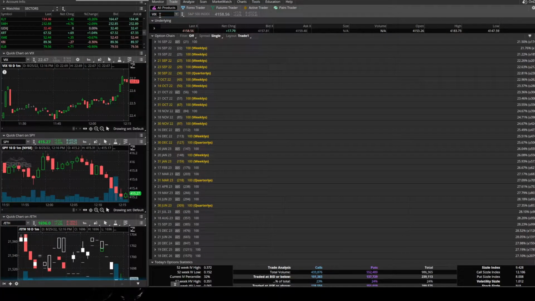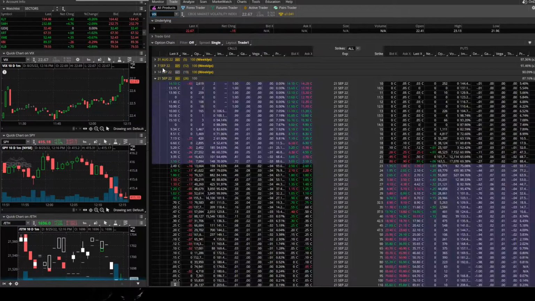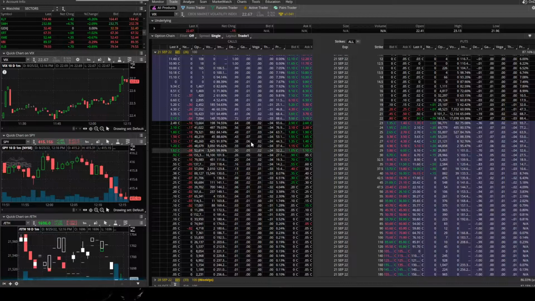For the September expiration. Actually, September expiration is a huge expiration, not only for the S&P 500 but also for the VIX. If you look at the VIX calls right now, one of the biggest short positions is the VIX 30 strike calls for September expiration, the monthly expiration. There are 155,000 calls in open interest right now.